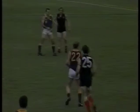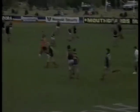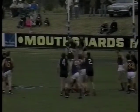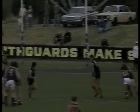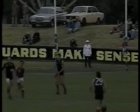Free kick there against Davidson. Walker. Just a bit late, Rob Walker then. Handballs back in, Kerr to Davidson. Davidson on his left foot kicks it forward, but the very tall hands and arms of Simon Brummel repel another Collegians forward move. Brummel with a kick,